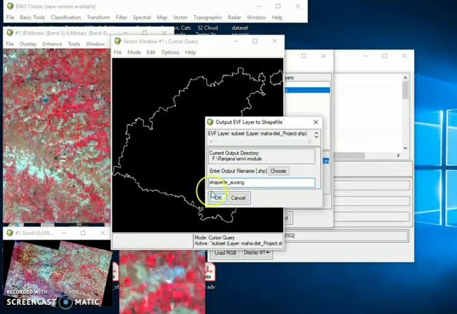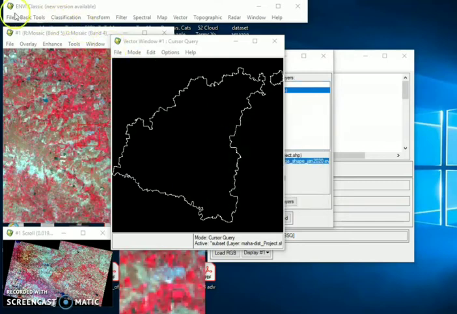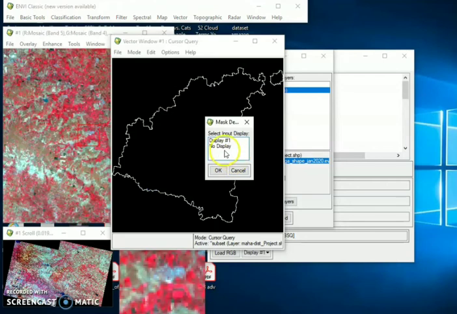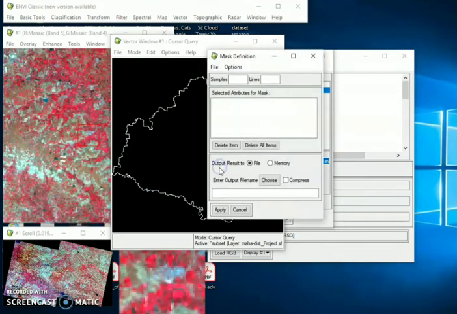Basically, in building the mask, you have to load the vector file that you have just fetched.